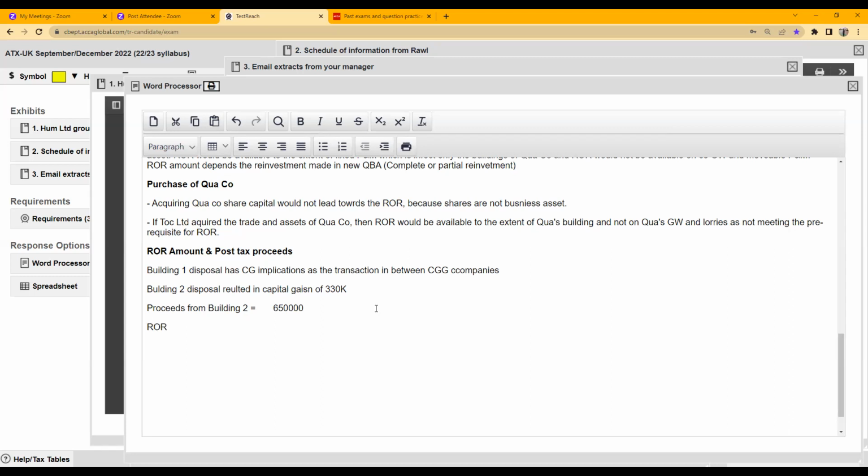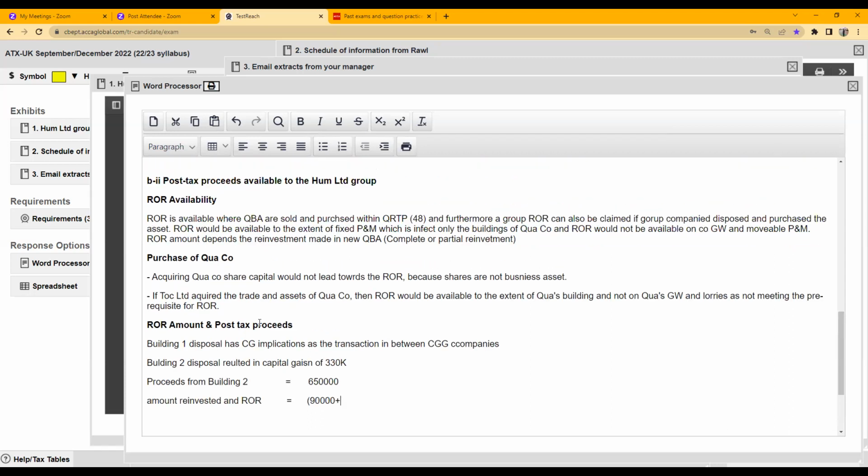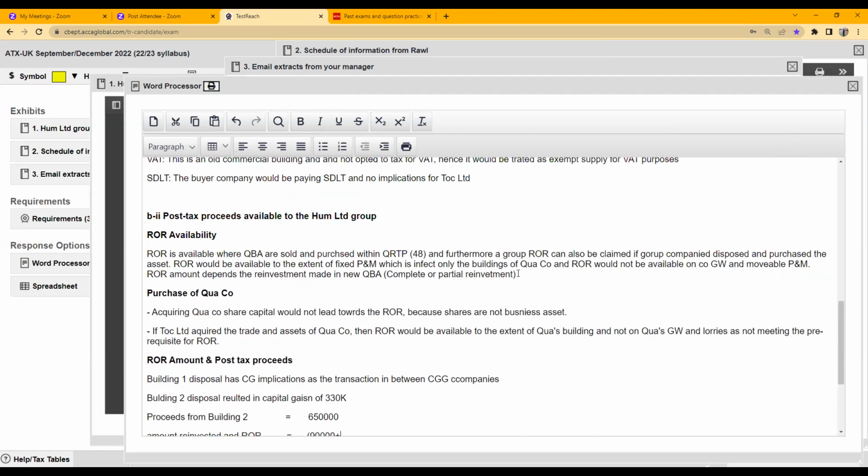Rollover relief. Amount reinvested and rollover relief: which amount you reinvested on which you can claim rollover relief. Let me guide you. One of the assets was purchased by another group company for 90,000 plus. From above, Quaco's, you can only claim ROR to the extent of the building, whose value